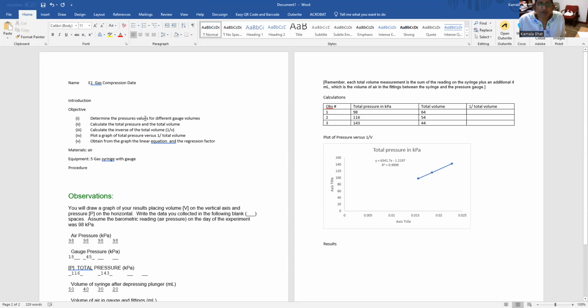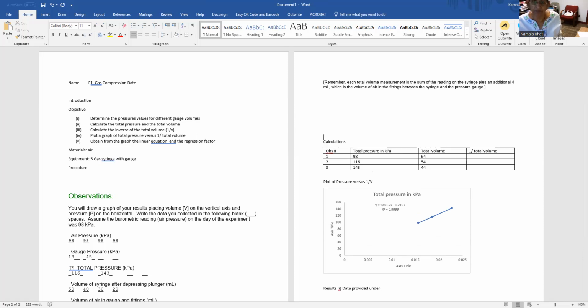So first thing is determine the pressure values for different gauge volumes. So you write over here, data provided under, okay. Now, one thing I forgot to tell you before you do your calculations, you got to go back